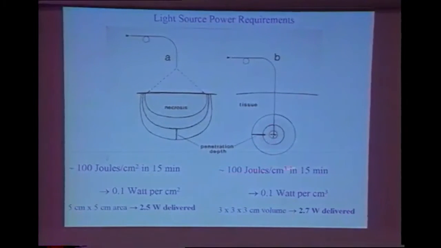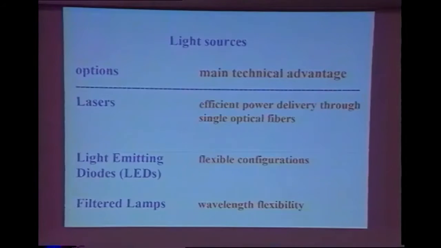Similarly, in the interstitial case, let's say you have a 3 centimeter by 3 centimeter by 3 centimeter volume, something like the prostate, you would also need 2.5 watts. So in general, at least for cancer treatments, it's much less for infection, for example, but for cancer treatments you need a few watts of light at the right wavelength, delivered in the right way. So there are several choices. You can use lasers,